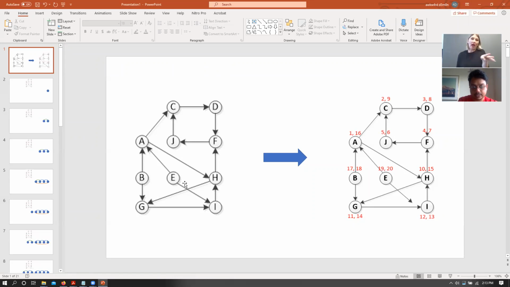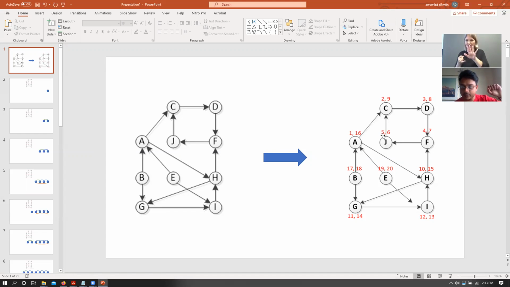We have this graph that has a set of 10 nodes, I believe, A, B, C, D, E, F, G, H, and so on. We then have this set of pre-visit and post-visit numbers from the DFS search. Let's say that we start from A. We know that we start from A because it has a pre-visit number of 1. This is the same example as the Stack Overflow example, but this is for topological sort. So we start off with A, which has a pre-visit number of 1. Then we go to C, which has a pre-visit number of 2. Then D, then F, then J, with a pre-visit number of 5.